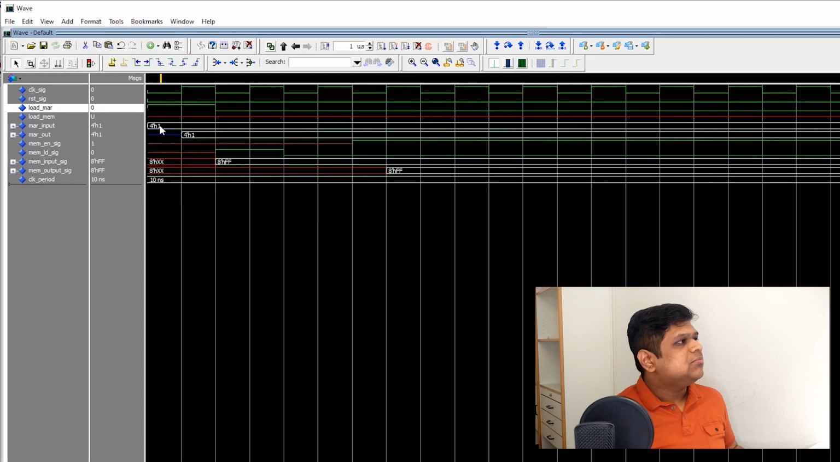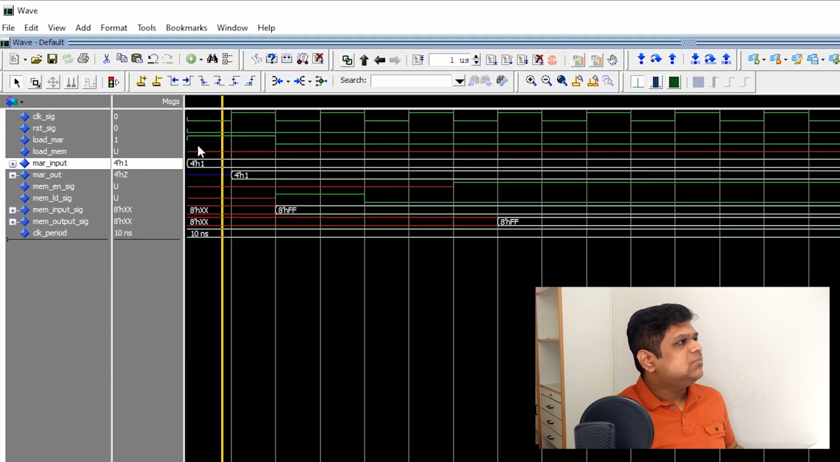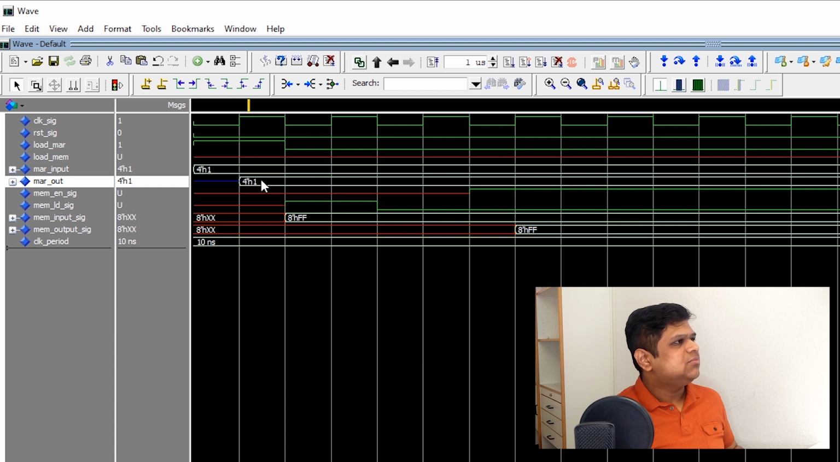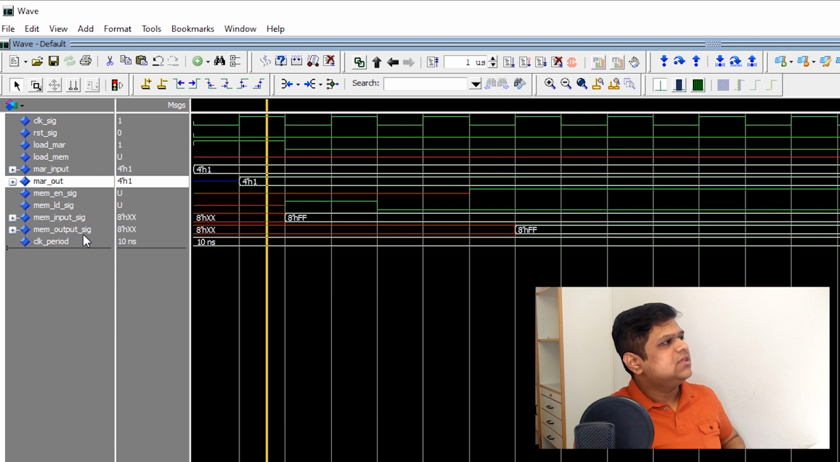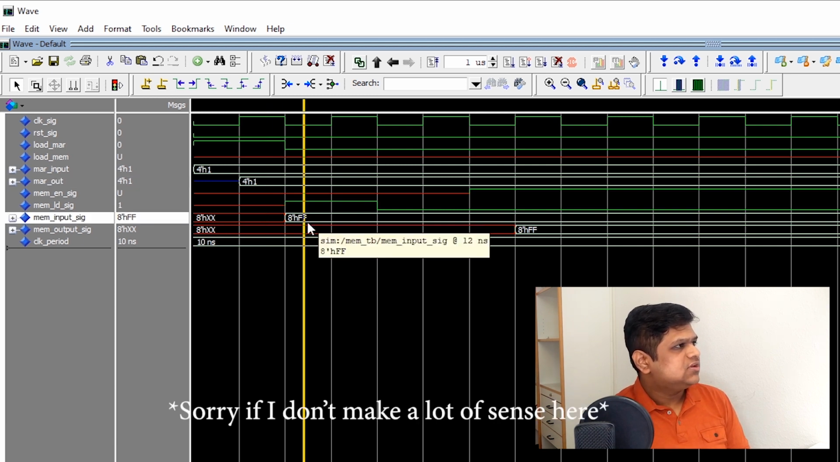As you can see, our memory input line has a value of 1, and then we make load memory address register high. So as soon as we load the value, it is reflected on memory address register output, MAR out. So MAR out is connected to our memory input signal, I mean memory's address in, and we have put FF on memory input signal, and when we make load memory high,